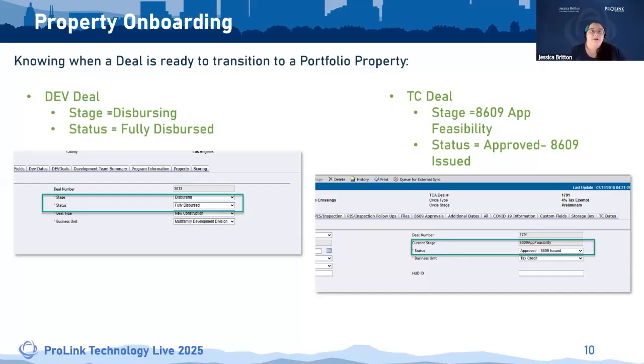But best practice for us is that when a dev deal is in the stage of dispersing and the status is fully dispersed, and a TC deal is in the stage of 8609 at feasibility and the status is approved 8609 issued. So those are both visible from the edit dev deal stage and the edit TC deal stage. And I'll go ahead and show on HFA